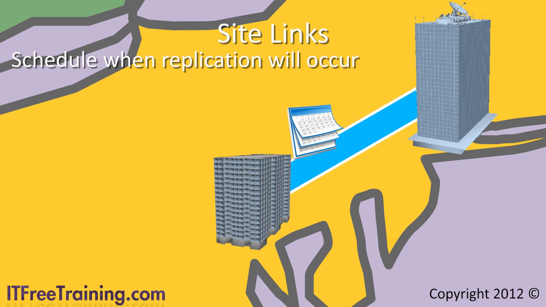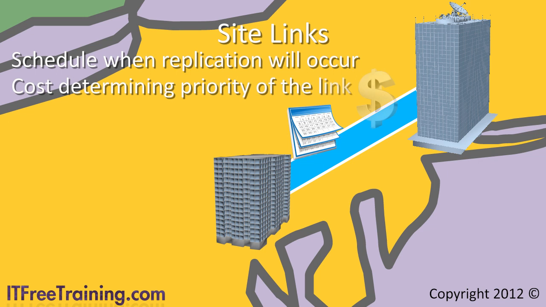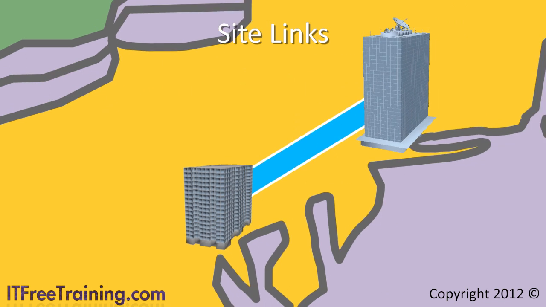In some cases, companies may configure this replication to happen after business hours. The next setting allows a cost to be configured for that site link. The cost is a numerical value that is applied to a site link, telling Active Directory what priority these links should be used. To better understand how costs work, let's now consider what happens when the London office is added